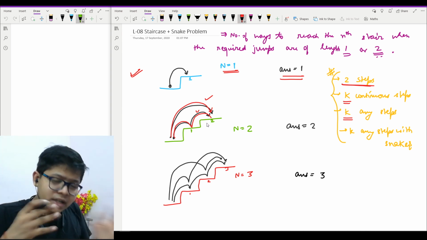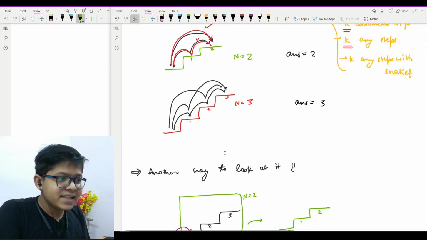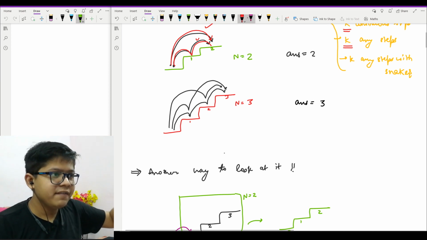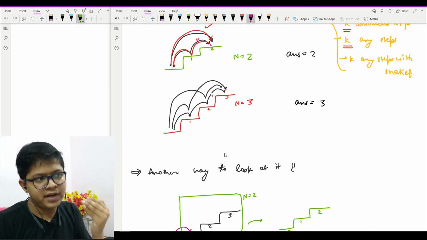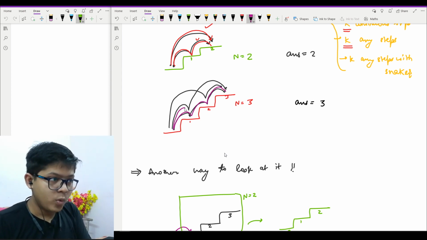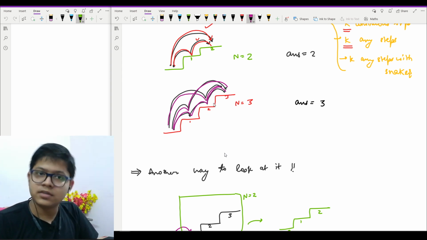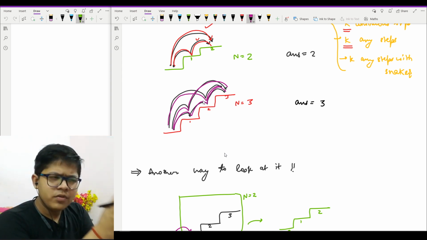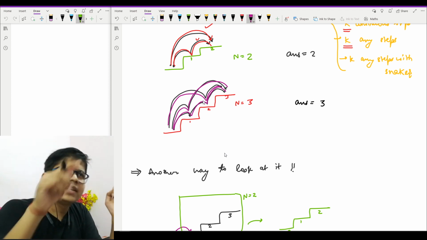Now what if the case is 3? Now if the case is 3, then I can clearly see that I will have a jump, like firstly see, I will have a jump of 1 1 1. See, 1 1 1, it's a 1 case, 1 and jump of 2, another case, jump of 2 and a 1, third case. So now with these examples you must think, okay, I am jumping like this, okay, and so on.